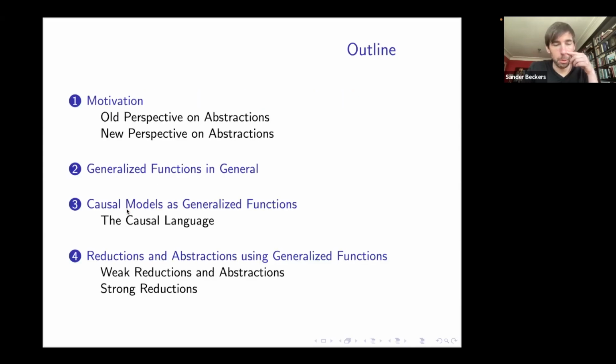And I'll go a bit in reverse order, because rather than diving into the technical details, I might lose some of you because you might wonder, why are we doing all this? So I'll start with just giving you a bit of a perspective of what motivates connecting this work that I've been doing with abstractions, because the idea of generalized functions was actually not initially only about abstractions. It was a more general approach. So what motivates this new work? I'll tell you a little bit about what we could do with it, and then only explain how we make that precise.